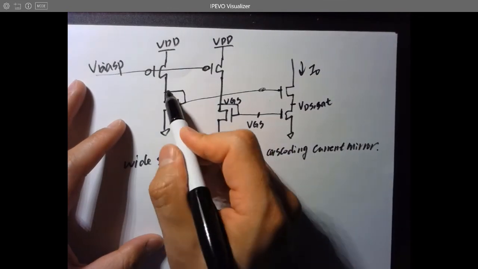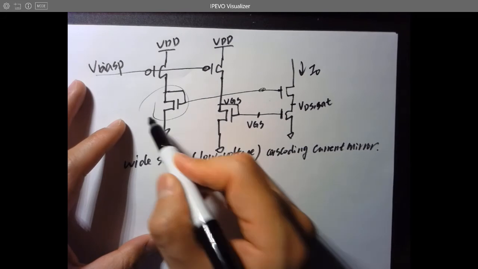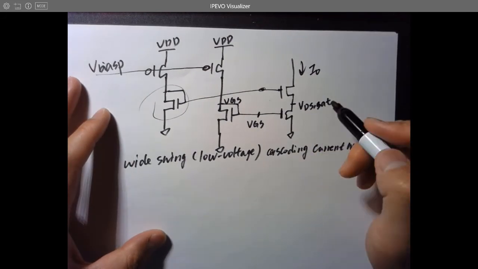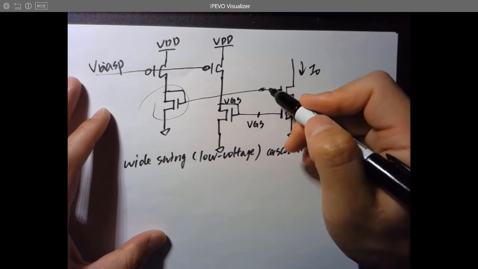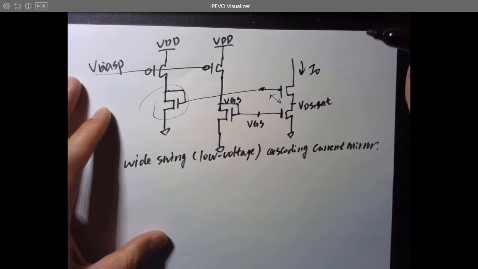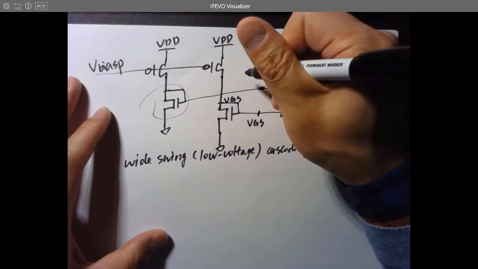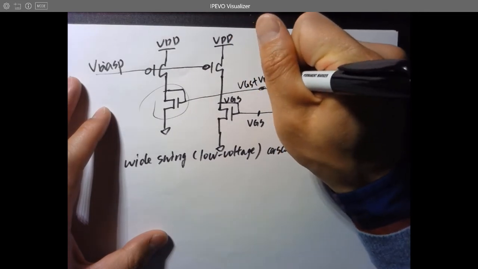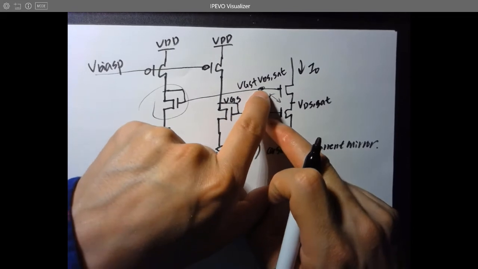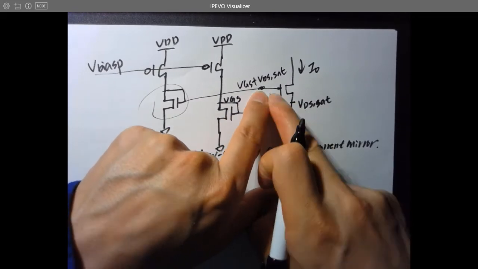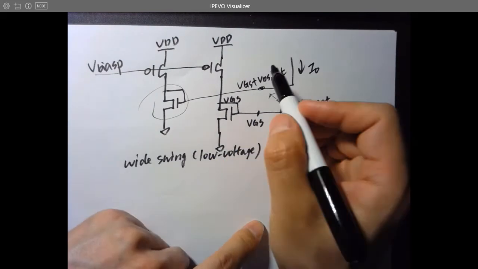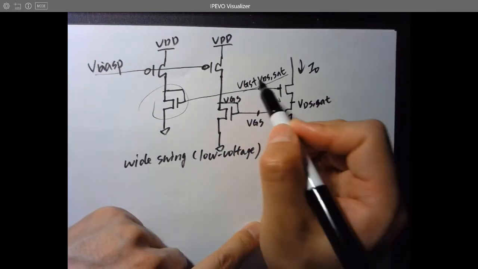We can control this NMOS to make the difference between these two points to be VGS as well. So this voltage has to be VGS plus VDS set. The reason is, you use this gate voltage minus this source voltage, you are getting one time of VGS. So this is VGS plus VDS set,